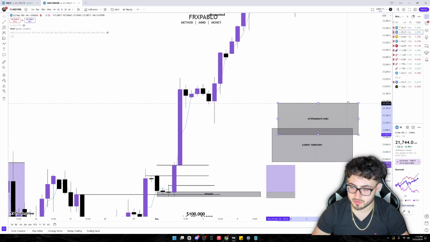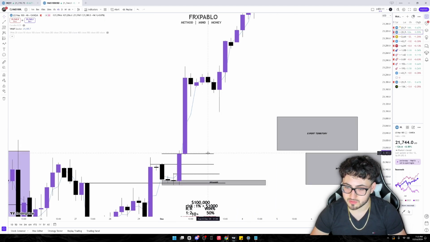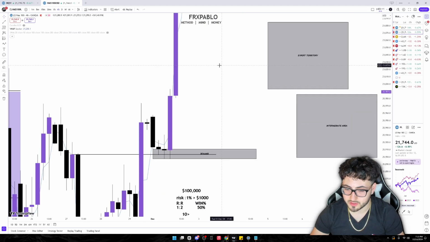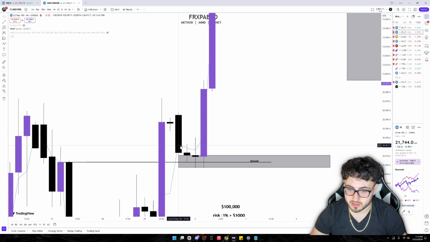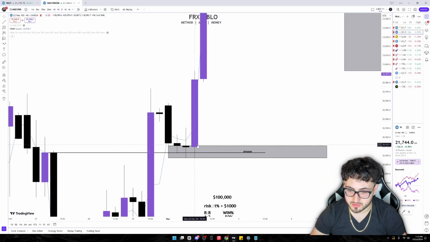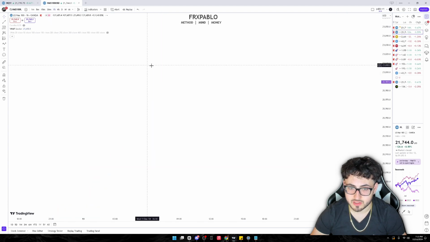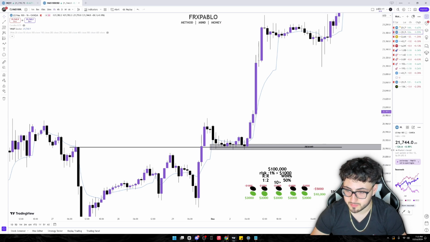So I'll show you guys a perfect textbook example right here. Okay, so how do levels work? How does my level work right here? So the first thing I look for on a level of demand is a huge reaction off of the level. You get me? So when I see a big reaction off of the level, that's when I want to get in. Okay, so obviously we're on the 4 hour right here, so let's go to a lower time frame so you guys can actually see what I'm talking about.